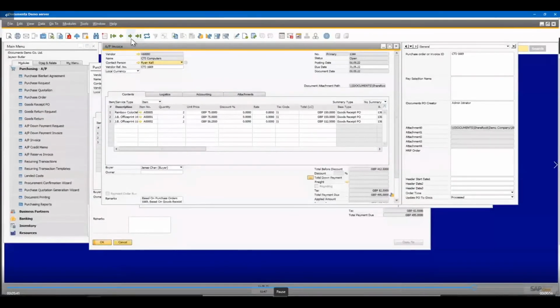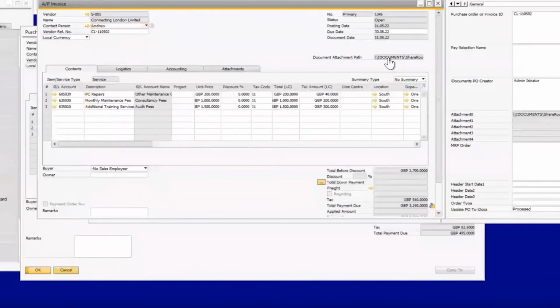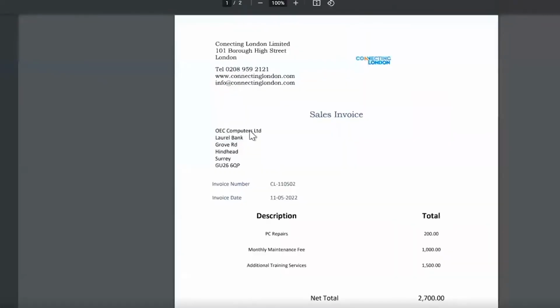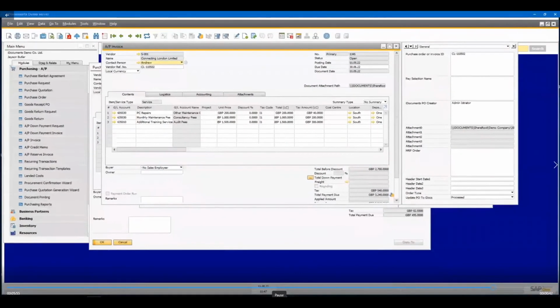And exactly the same applies if I step to the next transaction here. You'll see this AP invoice, and it's a standalone AP invoice. And that's the one that we processed for Connecting London with all of the detail in there. So the final thing to mention with all of this, the last issue that comes up with an AP clerk on a day-to-day basis, or even an AP